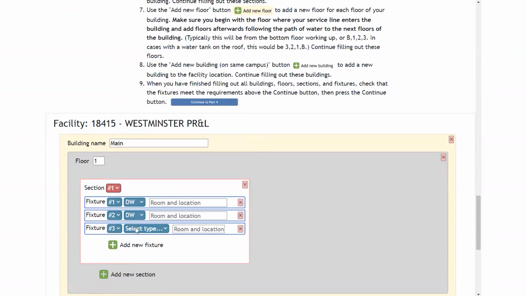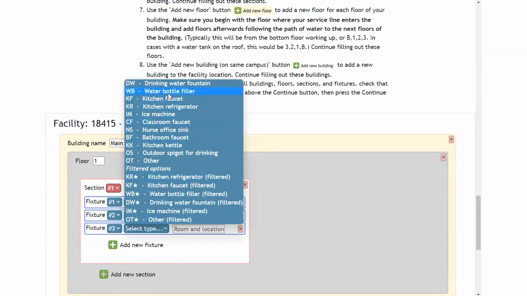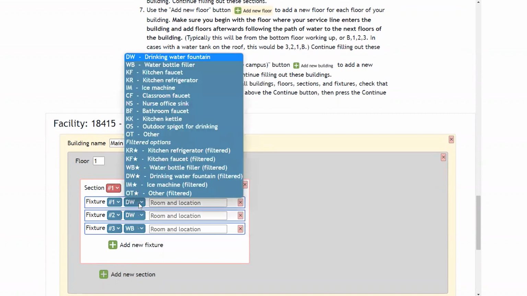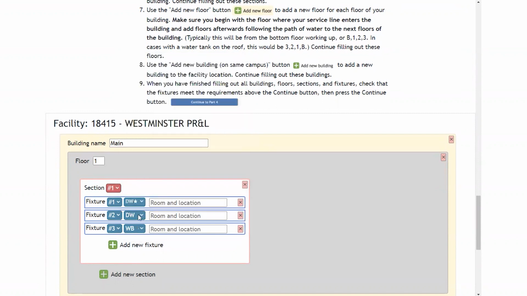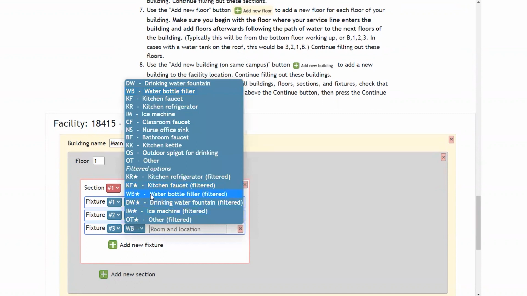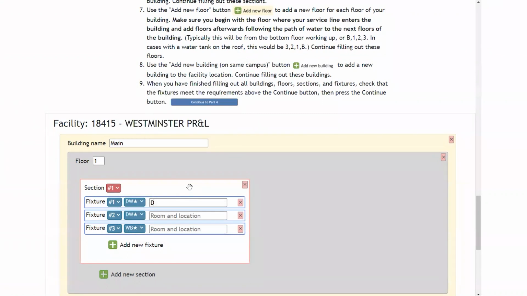Now, this tool does not save your work, so come to this tool ready to enter all of your locations at that time. If you X out of this, we do not have your work saved. So as you can see here, we're entering section 1, our fixtures, and in each of these boxes, it needs to be a unique identifier. If there are any duplicates, the tool will not let you move forward.